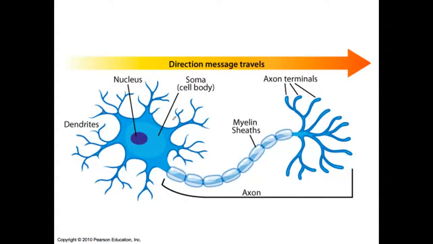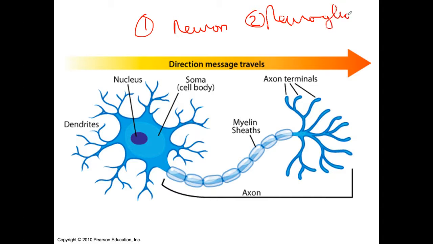So the neuron, when we talk about the neural system, is made up of two types of cells. One of them is called the neuron, and the other type of cell is called the neuroglial cell, or glial cell, as well as the neuron. But the only one of the two that is electrically excitable is the neuron, which is what we're seeing in